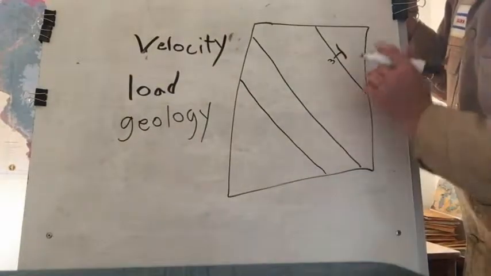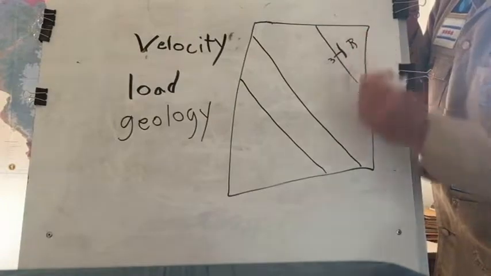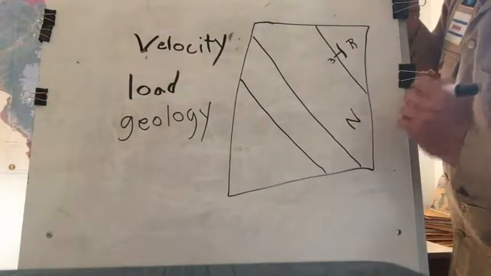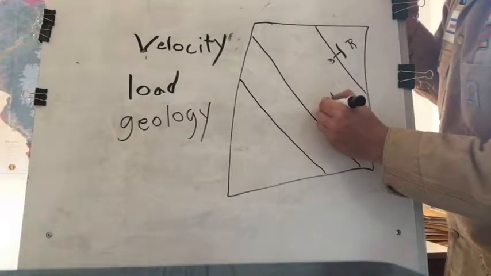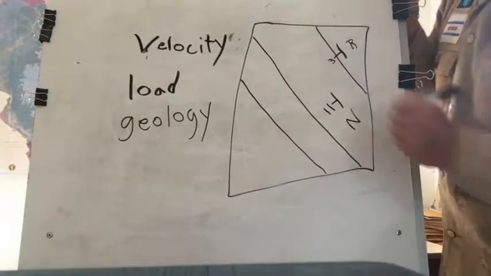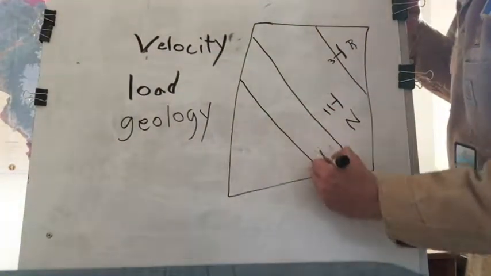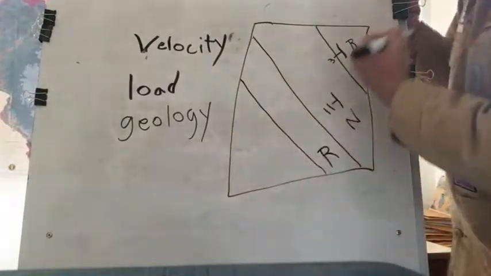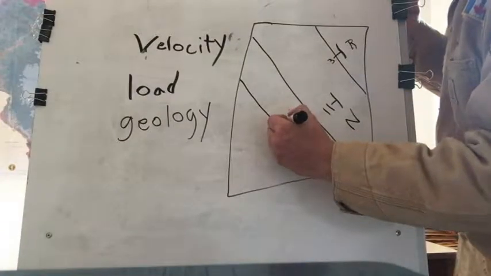Let's say we'll use R for resistant and N for not resistant. Say your dip on this bed is maybe 11 degrees. Say your dip on this bed, and this is very resistant, relatively speaking,